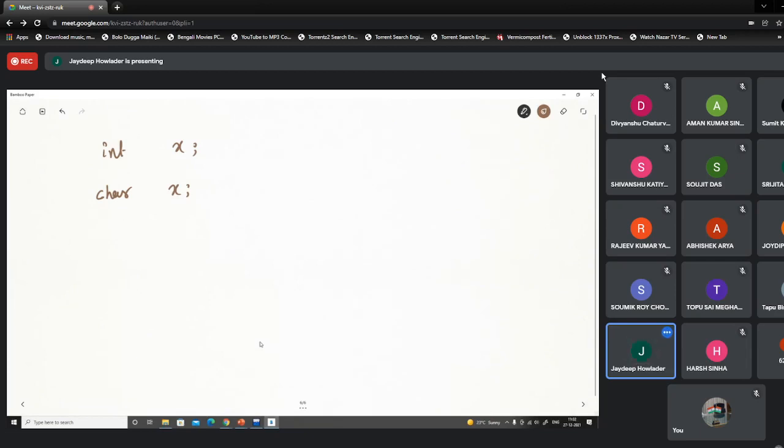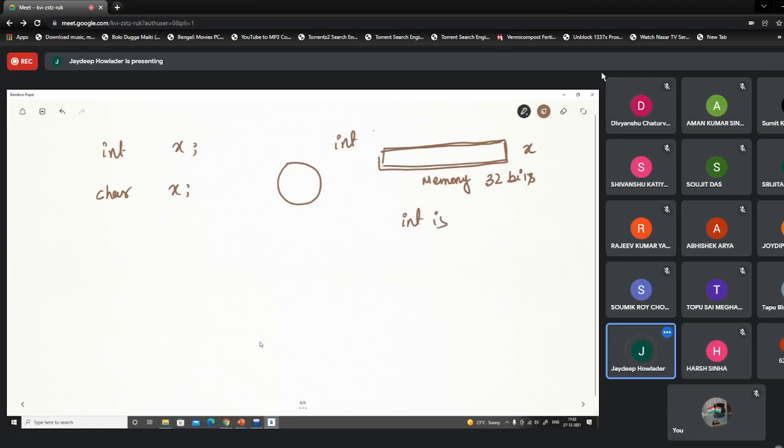For a compiler, if a particular type is an integer, it has a representation of that data. It reserves some memory. Generally, it is 32 bits of memory, a continuous cell, which is reserved for this x because it is an integer. So we say that an integer is 32 bits.